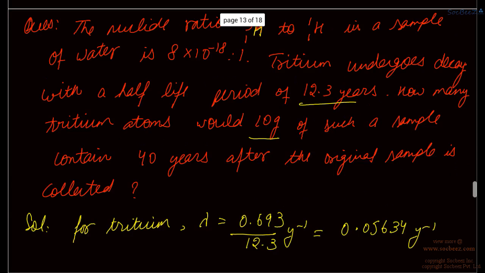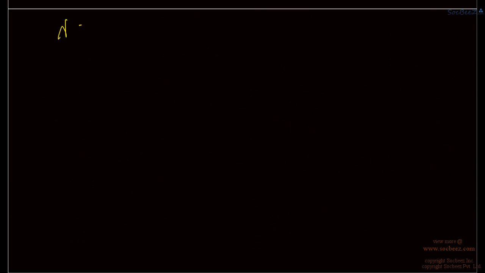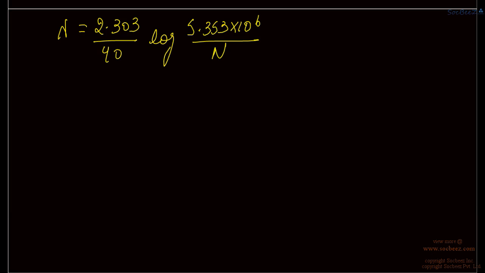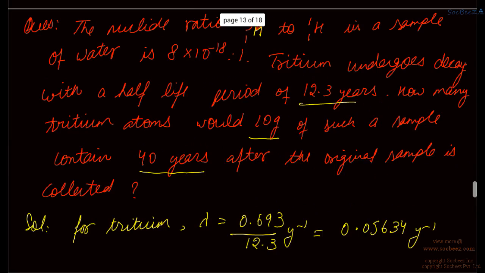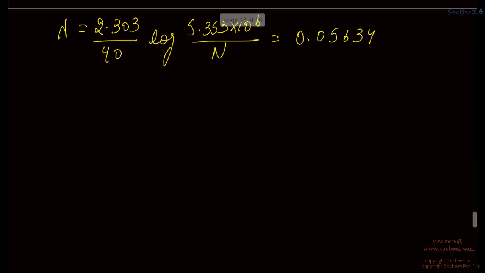And since the time is given to be 40 years, therefore lambda equals 2.303 upon T, that is 40, log 5.353 into 10 raised to the power 6, that is N naught, upon N, that is the total number of atoms after 40 years. And since the value of lambda is 0.05634, now if we substitute the value of lambda in this expression, then we get